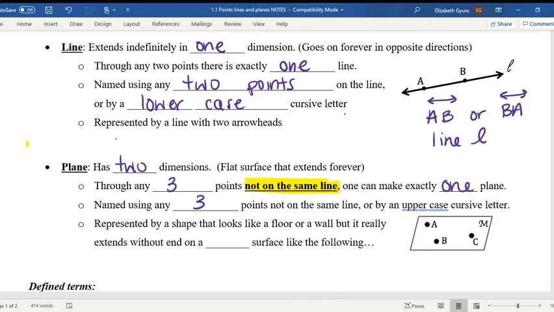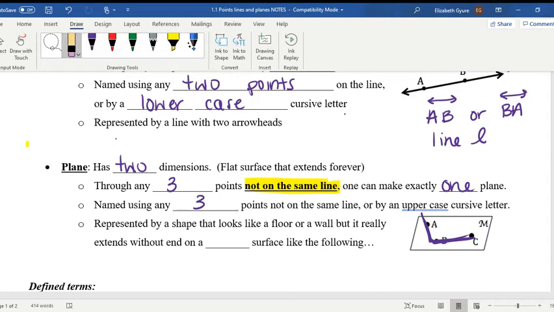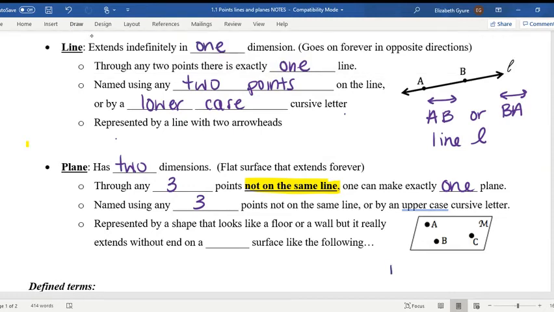If you look at this plane that we have down here on the right, you'll notice there's the 3 points on it, A, B, and C. They're not all in the same line, right? If I try to draw a line through this, it's not going to work. That's not one continuous line. So that means I can use those 3 letters to name it. So I would call this plane